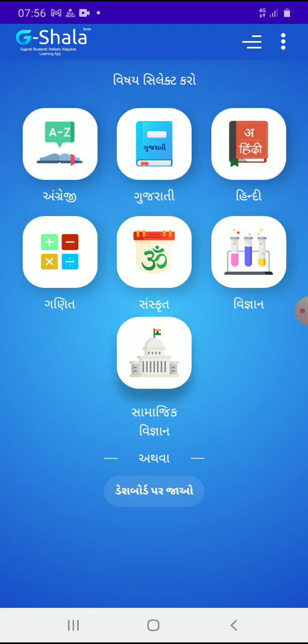If you click on, say, social science, then it will show you the information about the social science subject, but as I told you, it will come in Gujarati.